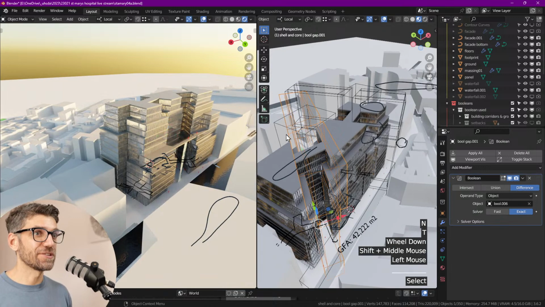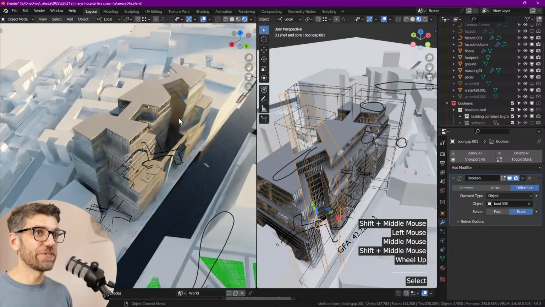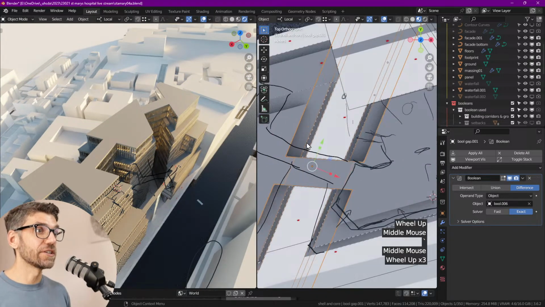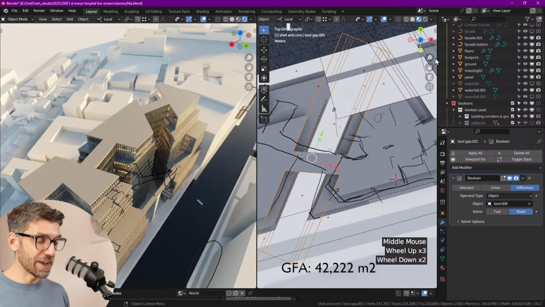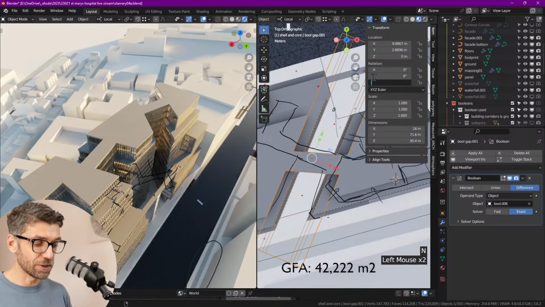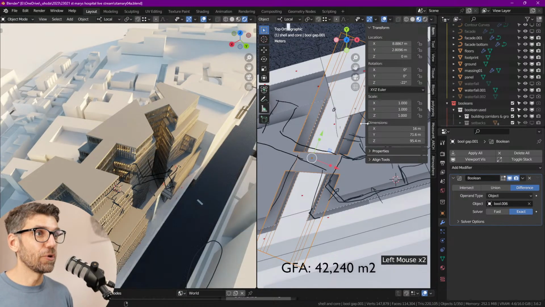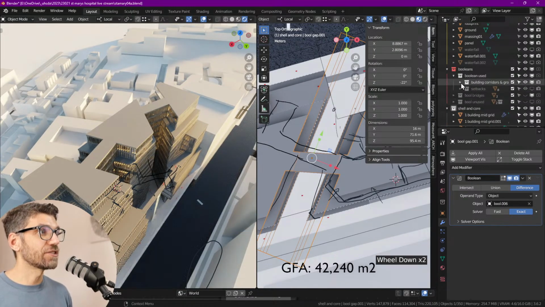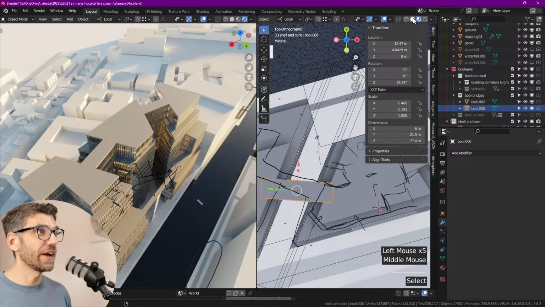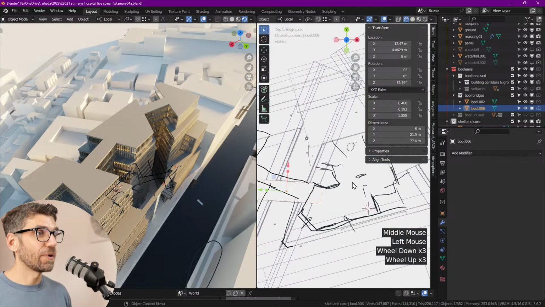But I just love how easy it is to modify, because I know how much of a struggle it could be. If you go back to a plan and you realize, oh no, that angle, let's get it to a nice angle that works a little bit better with what we've got. So minus 22 degrees. Boom. First change. Second change, we go and adjust our Boolean bridges. So we go in there, and that's the bit that I was talking about that we need to see, right? And realign. So if we go to wireframe selection,